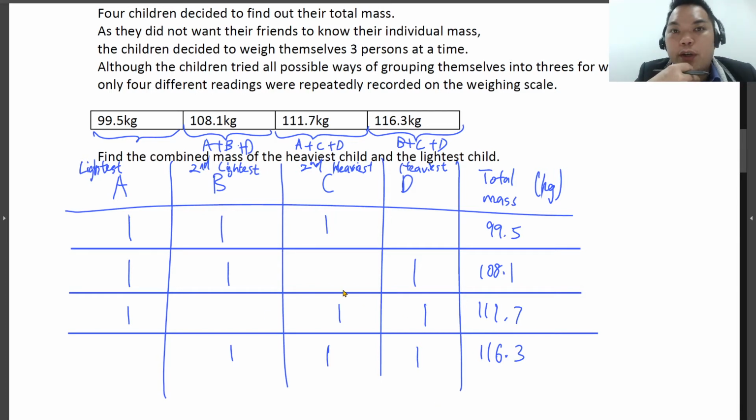I don't understand why 1. Okay, the idea here is that you have 1 of each of them. If you have 1 of A, 1 of B, and 1 of C, the total mass you will obtain is 99.5 kg, correct? Yeah, so